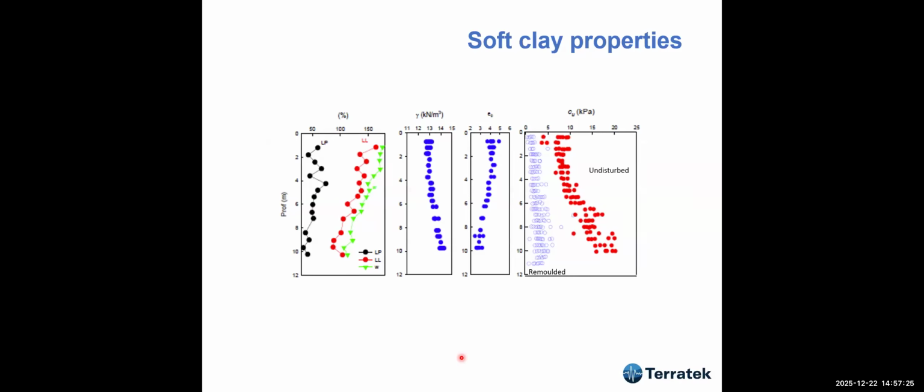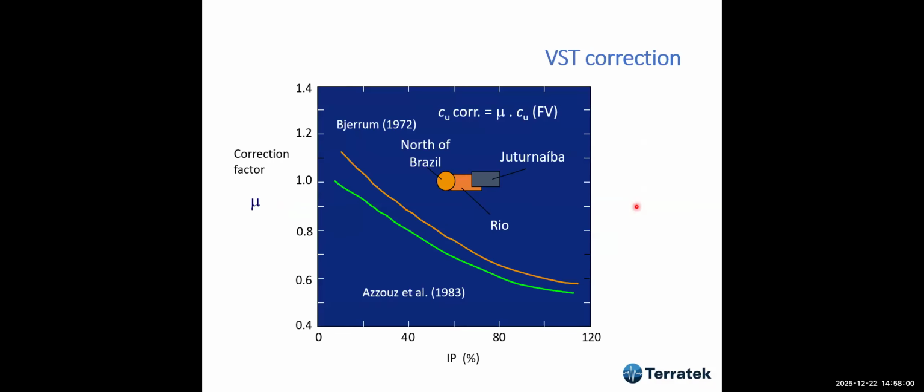This is the site where the Road Research Institute did all the research. The plasticity index is about 70, the unit weight about 13 to 14 kilonewtons per cubic meter. The void ratio is 4, reducing to 3 at the bottom, and this is the undisturbed, and this is the remolded values. The soft clay has a vane sensitivity of about 4 maximum, so it's not very sensitive. And for this IP of 70,